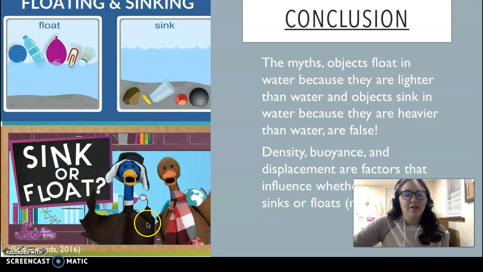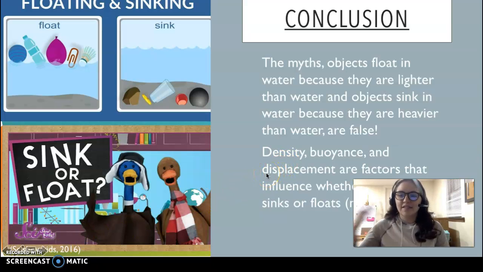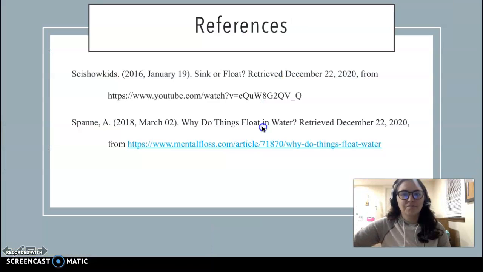And I also found this video that incorporates a lot of these concepts with more real-world scenarios called Sink or Float by Science Show Kids on YouTube, that I like to end my lessons with to kind of wrap it up with a video. And then I have my